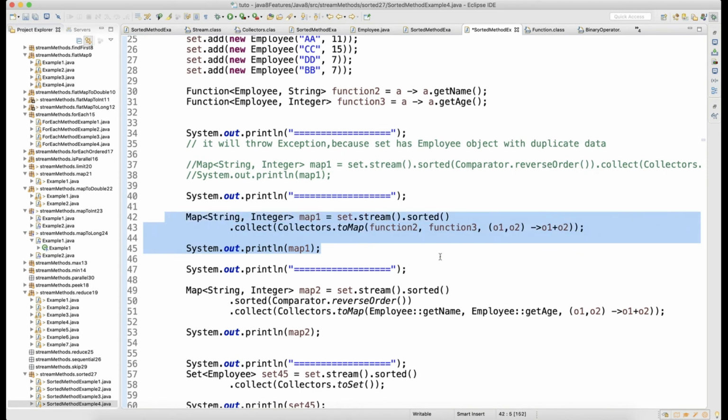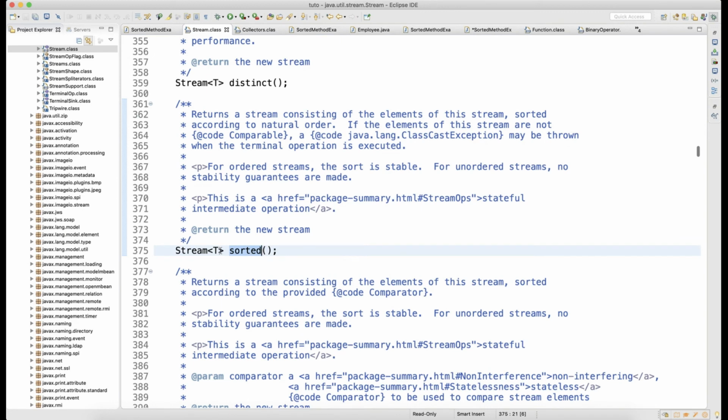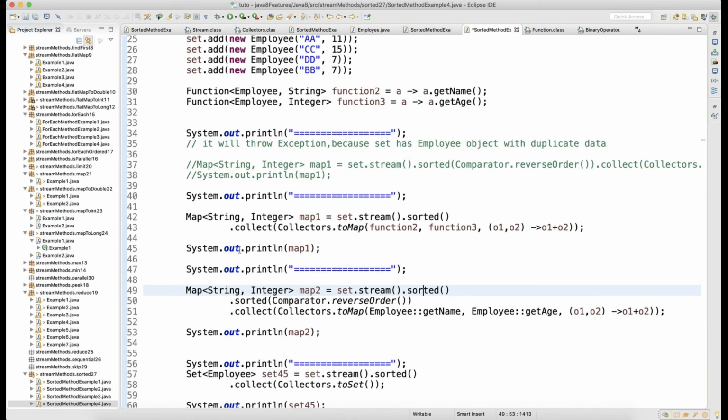Then second, if you look at my second example, I'm trying to do the same thing in a different way, dot sorted, and after that I'm again calling dot sorted, which is perfectly fine, because when you look at set dot stream dot sorted, what is the return type, guys? Press Ctrl, click on sorted. Here the return type is a Stream of the object, so a Stream of Employee objects. That is the benefit with Java 8, because every return type will be a Stream, so that you can perform the methods of the Stream API. So this is also a stream, so again I can call sorted, no problem.